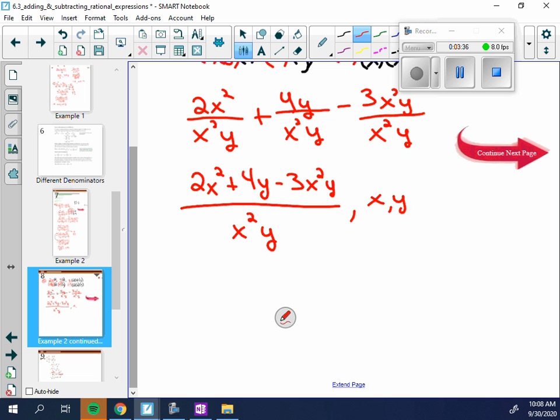X, comma, y, so both of them cannot be 0. Okay, and remember, that's because technically these down here are an x minus 0 squared and a y minus 0 factor squared. So what makes those 0 would be